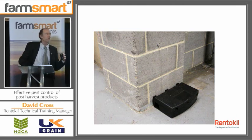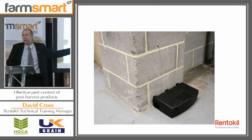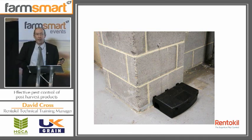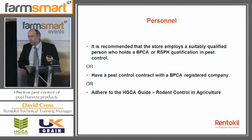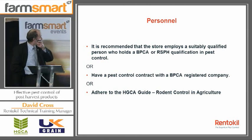But in order to manage that properly, it's a good idea to have them tethered into place so that somebody doesn't pick it up and walk off with it, because then you've suddenly got something that you're no longer able to manage. You don't know where that's going to end up or where it has ended up. I said I'd mention personnel again, and I will do here, and I'll mention it again later when we talk about insecticides. But if you're going to be